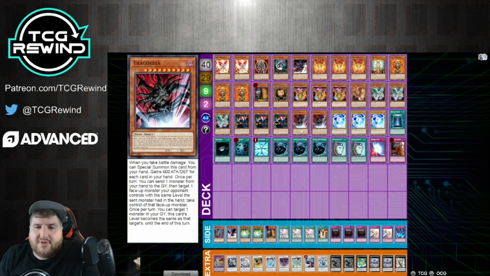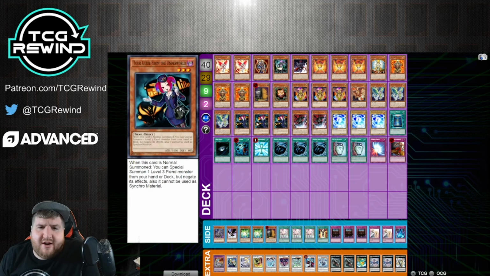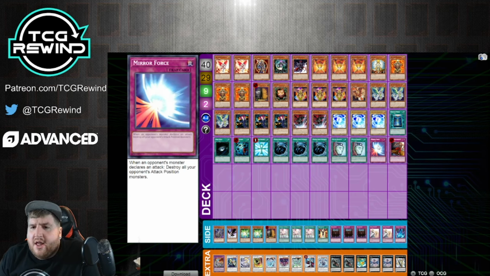So moving on to 7th, 8th place, we had Becci with Agents. And honestly, this list isn't too bad. It's another standard Agent list, but I do like the Mirror Force. This is something Playtest IRL mentioned to me, that Mirror Force is a phenomenal one-off trap in